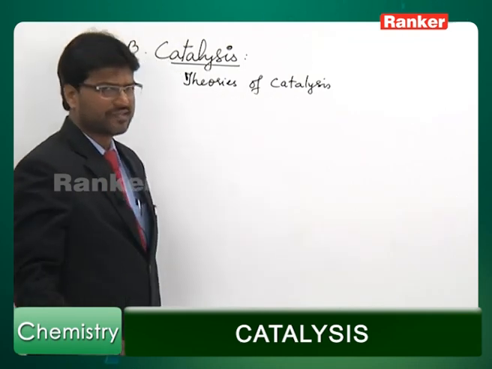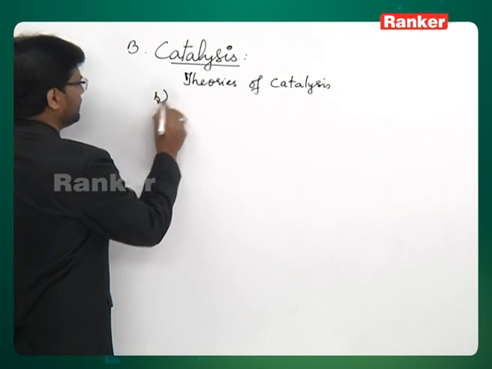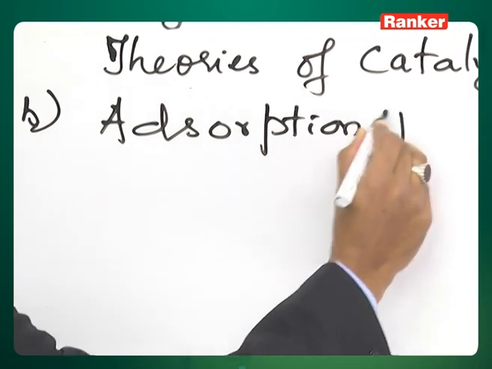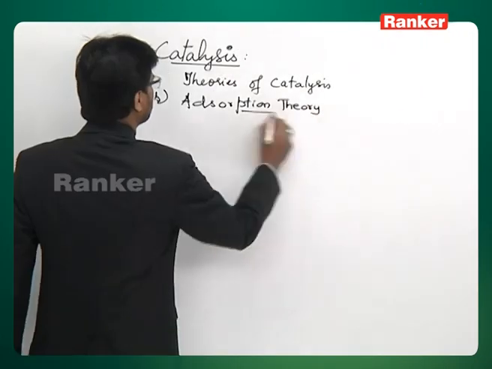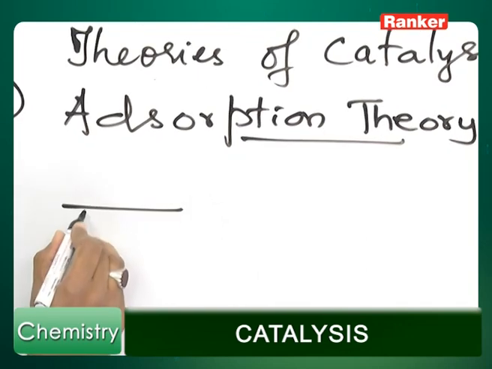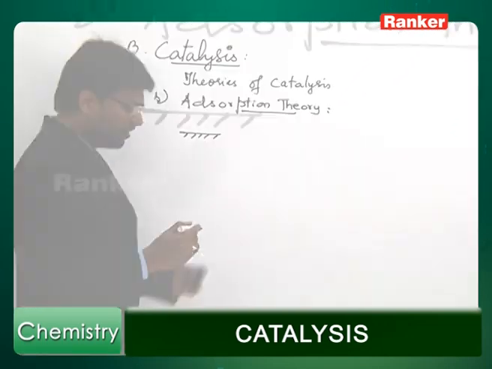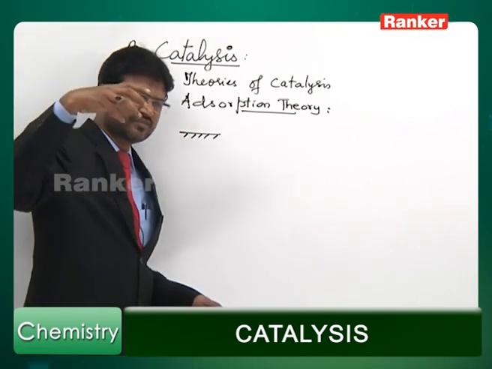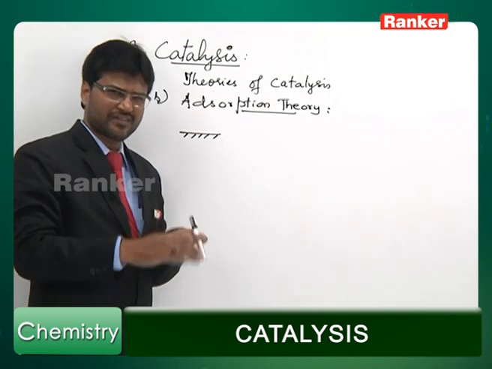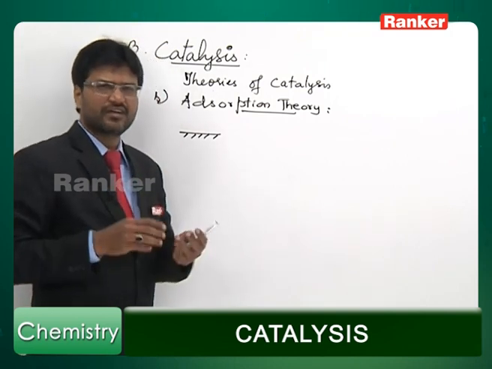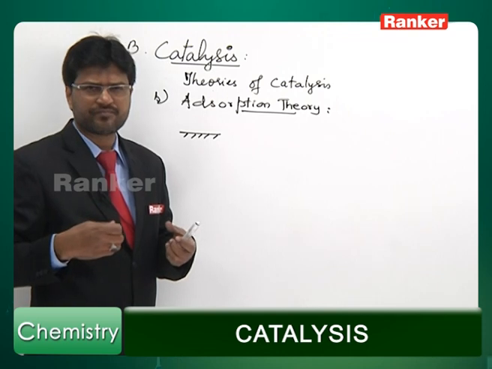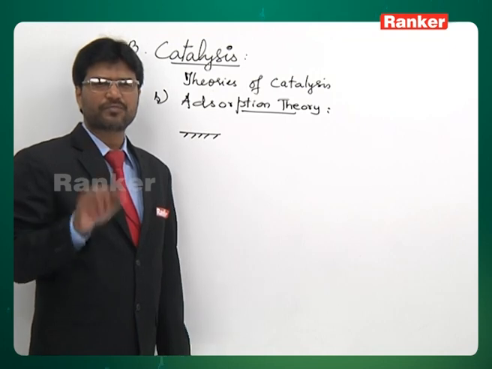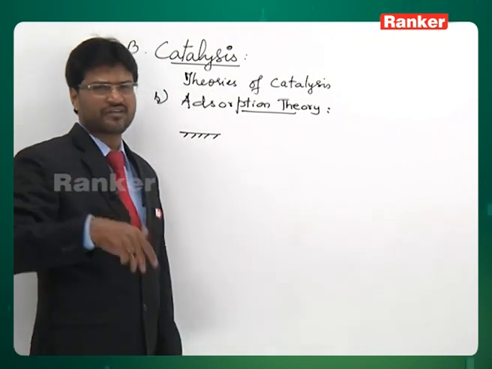Another theory to explain catalysis is adsorption theory. According to this theory, the catalyst will provide surface for reactants to get adsorbed on it. The reactants diffuse from the gas phase onto the surface of catalyst, then they get adsorbed on the catalyst surface. The original bonds become loose and now new bonds can form. Because of loosening of original bonds, bond breaking becomes easy, activation energy comes down and therefore the reaction takes place